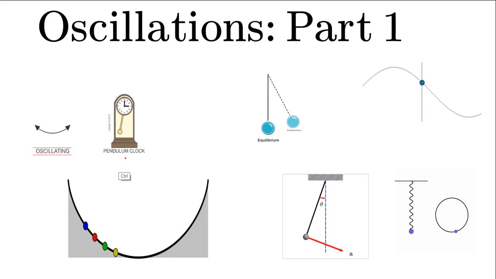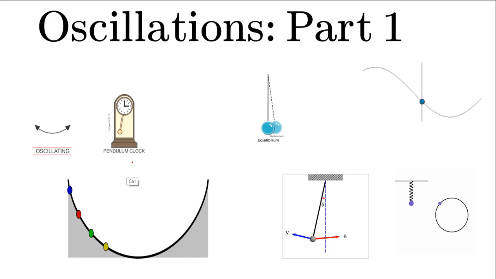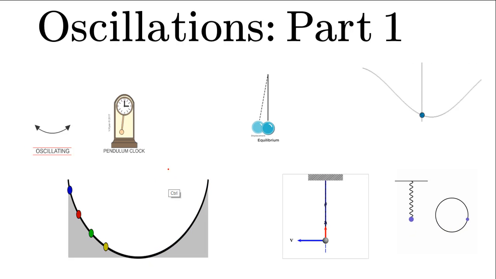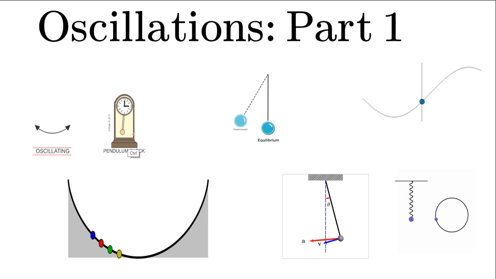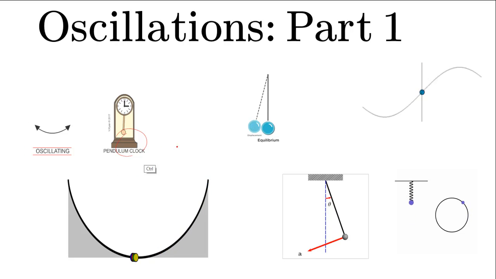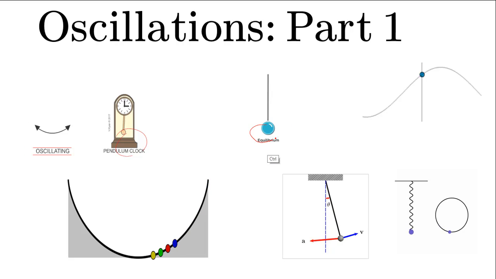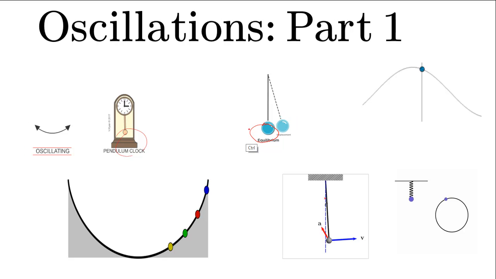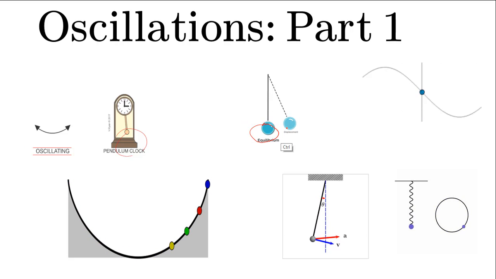As you see on the screen, a lot of different types of motions are shown here. This is the motion of a wall watch, in which we see the motion of a pendulum. This is the point of equilibrium, and this is the displacement of our pendulum from the equilibrium position. Okay, the same motion